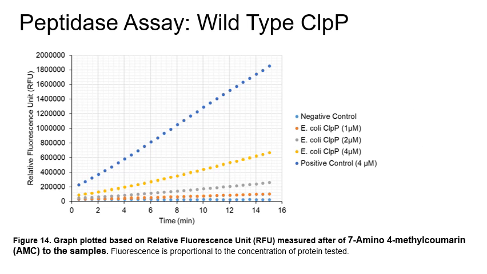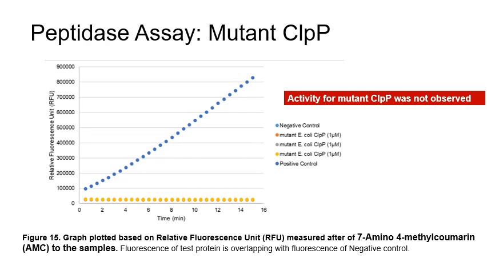A peptidase assay was done to determine the activity of the proteins. Wild-type protein showed protease activity, which can be observed by an increase in fluorescence in proportion to its concentration. However, the wild-type protein did not have as much activity as the positive control. This might be due to the high purity of the positive control compared to the sample. While we plotted the graph for mutant ClpP, fluorescence was not observed at all, so it doesn't show any proteolytic